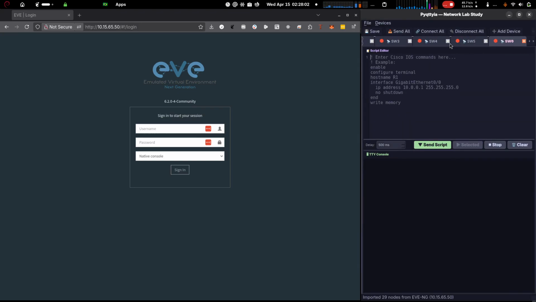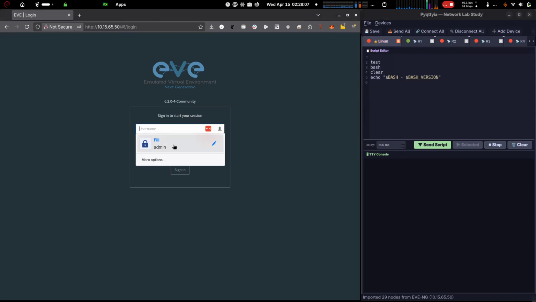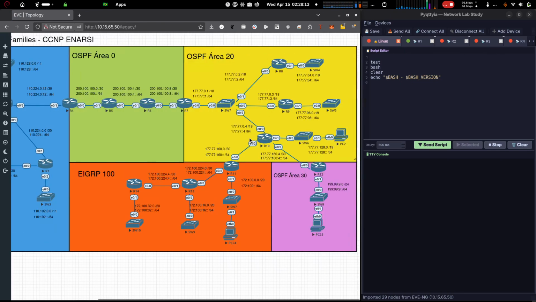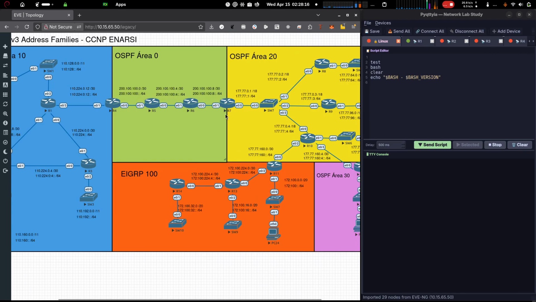Roan already existed, it didn't overwrite it, it kept the Roan that was there, and the ones that don't exist it creates. I'll connect to Eve again, let's go with the topology, and now when I click on the device it already selects that device's tab here on the side, because it already exists there. If it doesn't exist it would add a new tab. It sees its telnet, the IP and port, sees there's a tab with telnet, matching IP and port, goes there and positions on that tab.